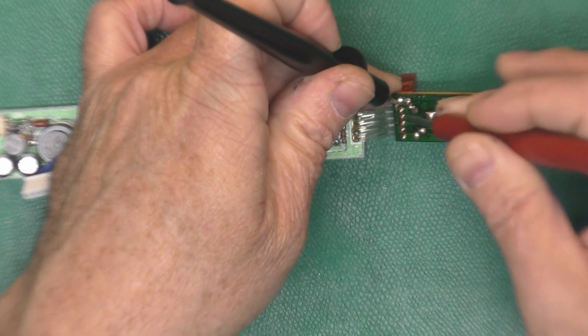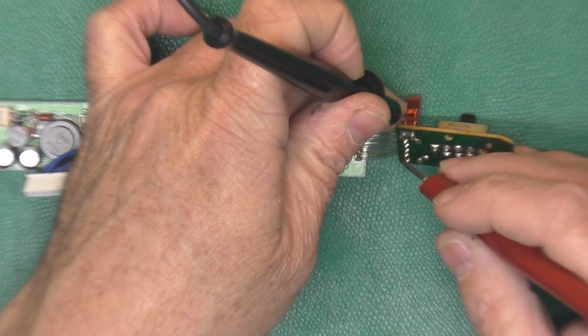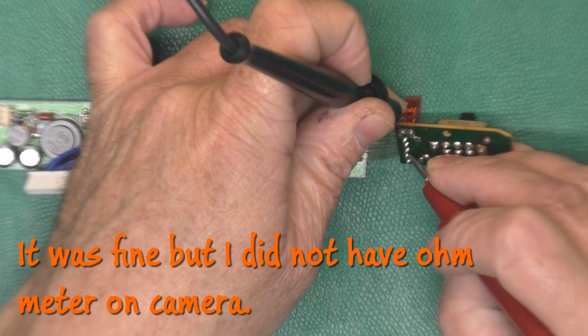And we've got megohms, but if I check from, let's say, the LED lead here, down here to where it goes,